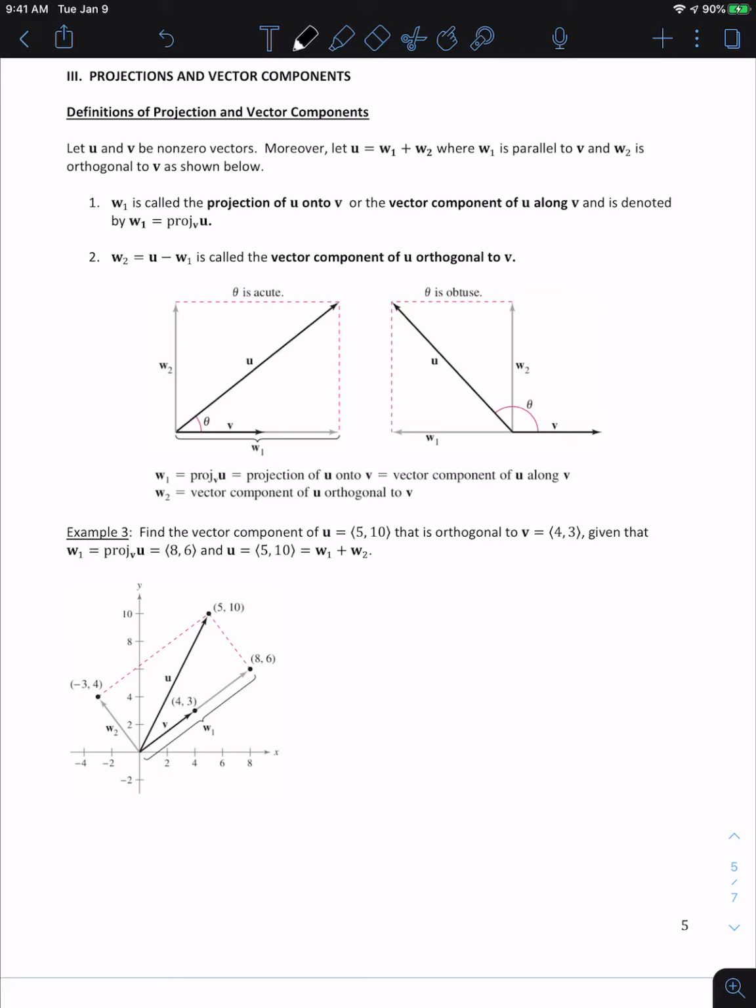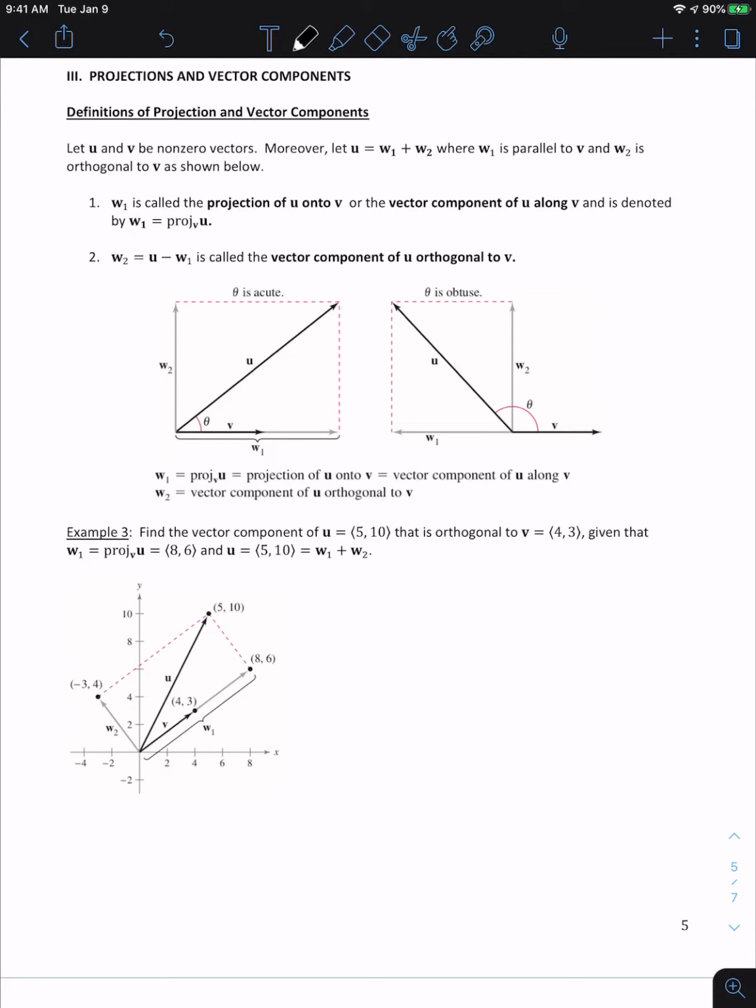Hello everyone, in this video we're going to pick up where we left off in section 11.3 with subsection 3, which is projections and vector components. So let u and v be non-zero vectors. Moreover, let u equal w1 plus w2, where w1 is parallel to v and w2 is orthogonal to v